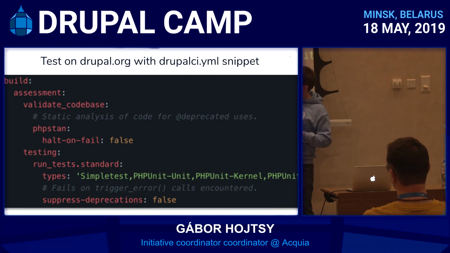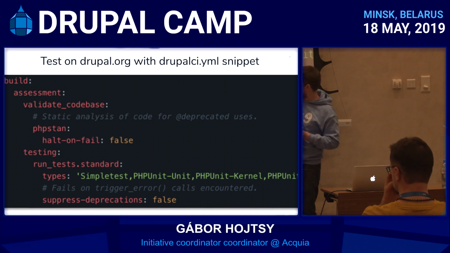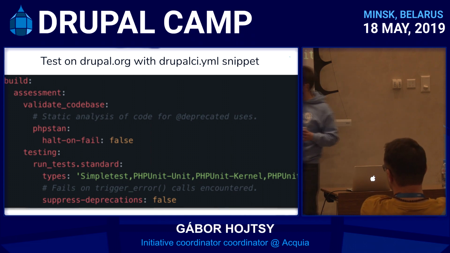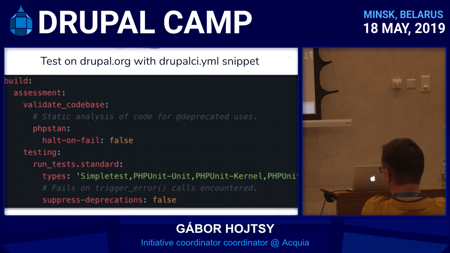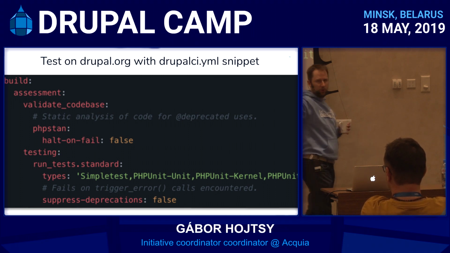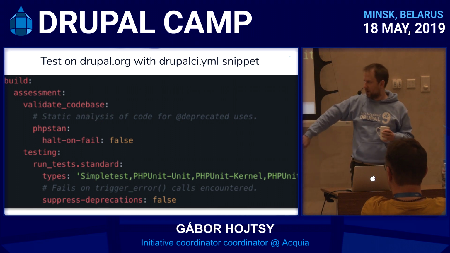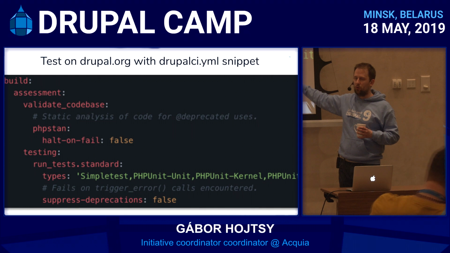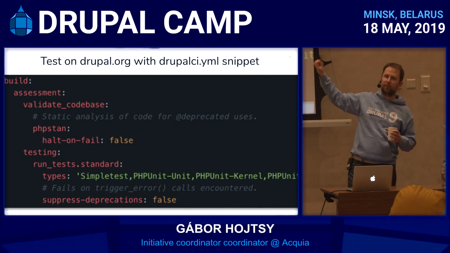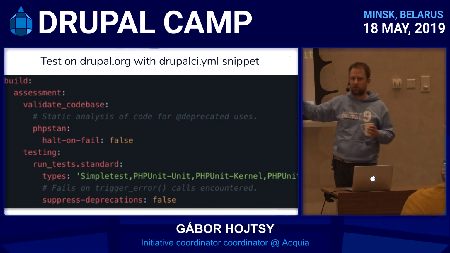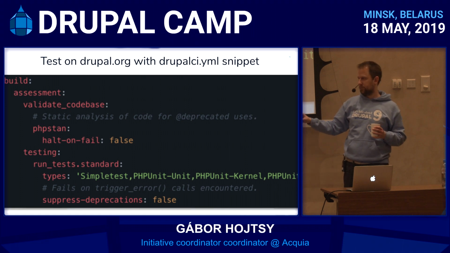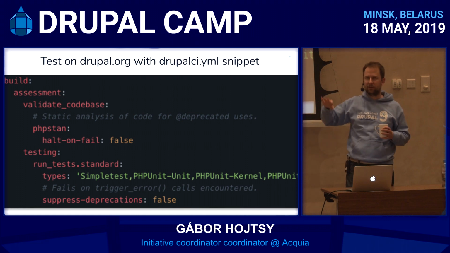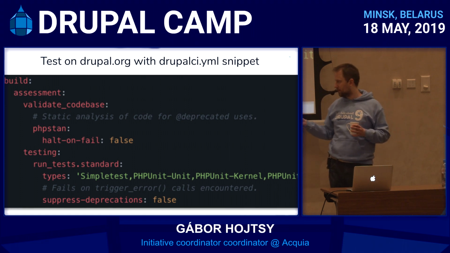One is tests, normal tests, simple test, PHPUnit, and so on. They can say, I don't want to suppress the deprecation failures. So whenever a trigger error is invoked, I want to fail. This is going to fail your tests if any of the code that is covered by your tests is using deprecated code. If any code encountered in the test is using deprecated code, then this will